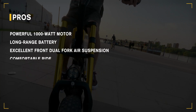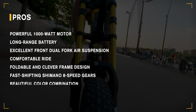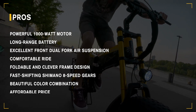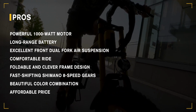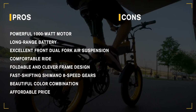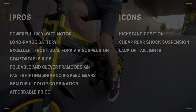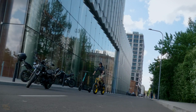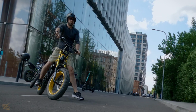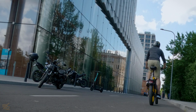Pros: powerful 1000 watt motor, long-range battery, excellent front dual fork air suspension, comfortable ride, foldable and clever frame design, fast shifting Shimano 8-speed gears, beautiful color combination, affordable price. Cons: kickstand position, cheap rear shock suspension, lack of taillights. The Lankeleisi X3000 Plus-Up is an awesome choice for anyone who wants an affordable, powerful, and super comfy electric mountain bike. Right now, it's priced at